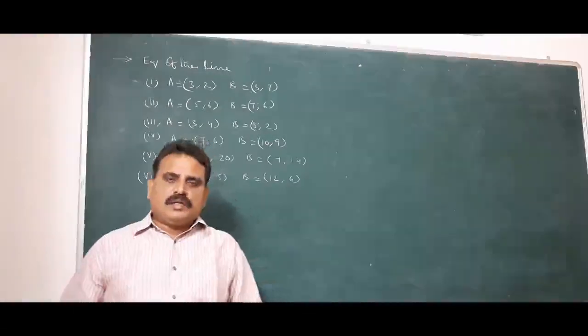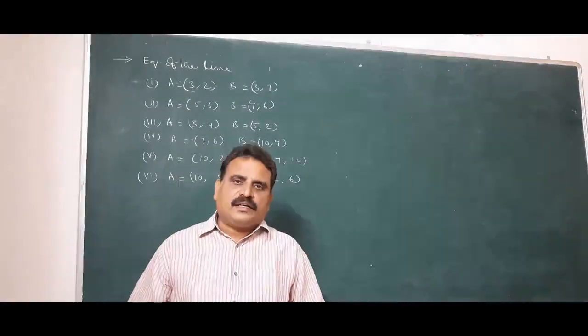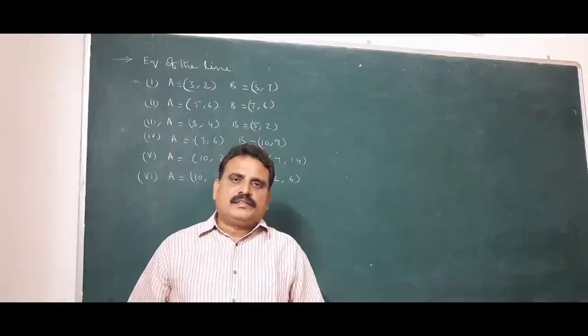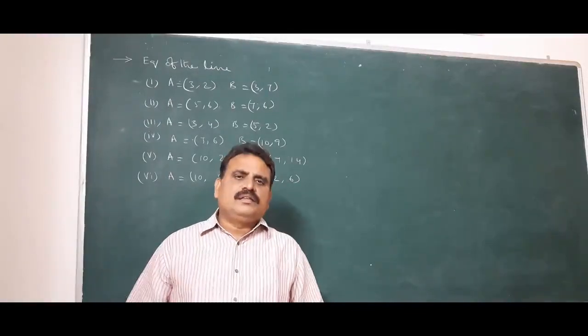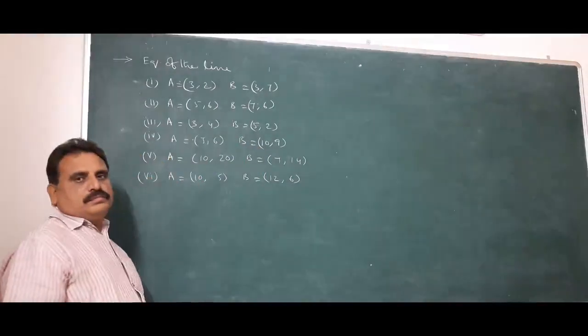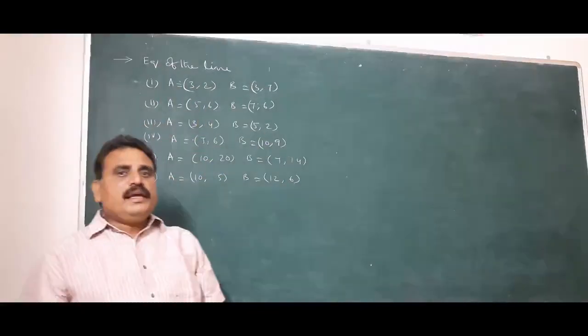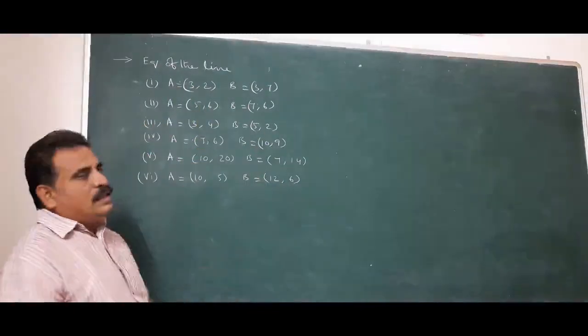Straight lines concepts are over. In this tutorial, we discuss the equation of the straight line by observing the points in short span of time. Directly, we can easily write the equation of the straight line. For example, observe these points. First one, A (3,2), B (3,7).